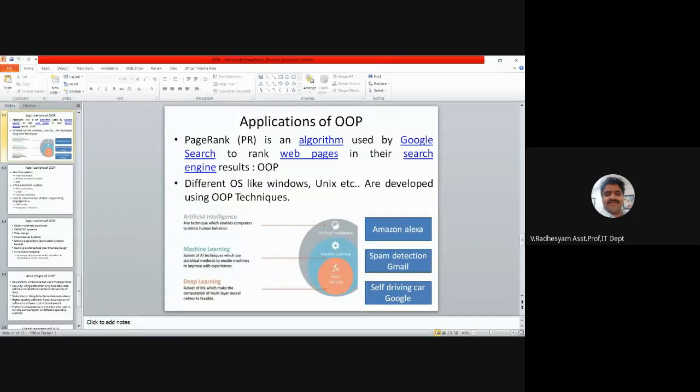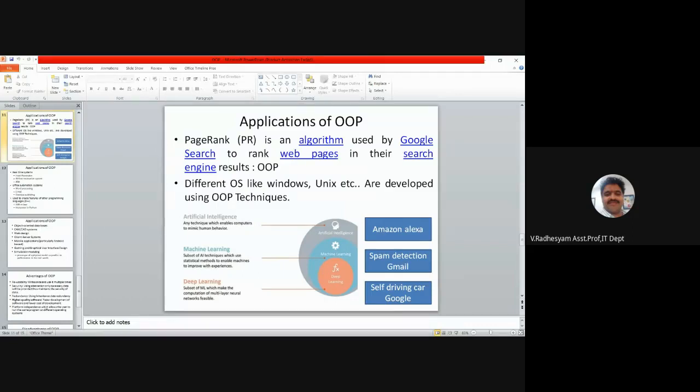Like how your brain works, likewise you need to write some program. After repeatedly doing some particular task, your brain is so tuned that you can identify whether a given mail is spam or non-spam.